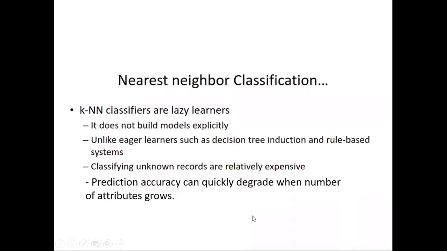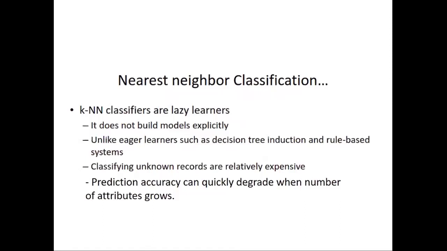And if there are more attributes, prediction accuracy will come down. In the examples, we have seen only 4 or 5 attributes. If the number of attributes is more, the accuracy of the algorithm will come down. That is again one of the challenges in the KNN algorithm. Is it clear? A few more things are there in KNN which I will cover in the next class, because there is one more solution for these problems, which is nothing but your next topic in the syllabus. Locally weighted regression algorithm is designed based on this.